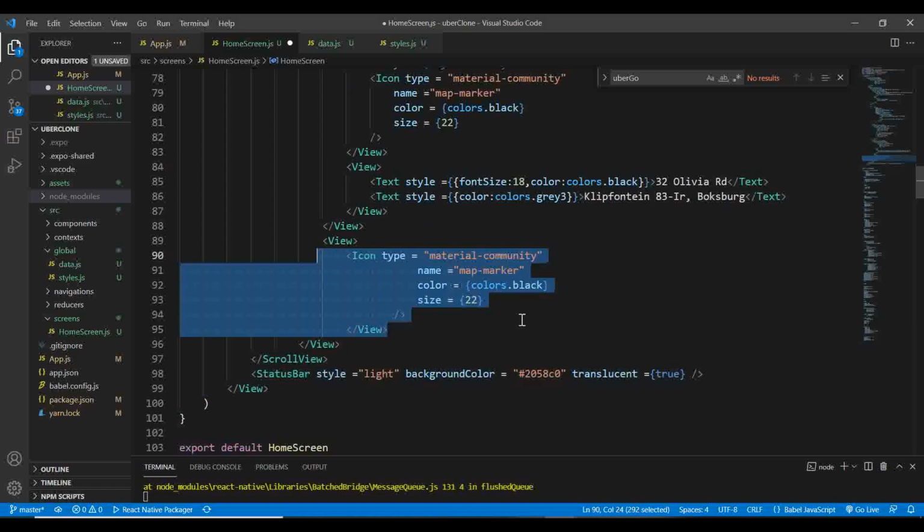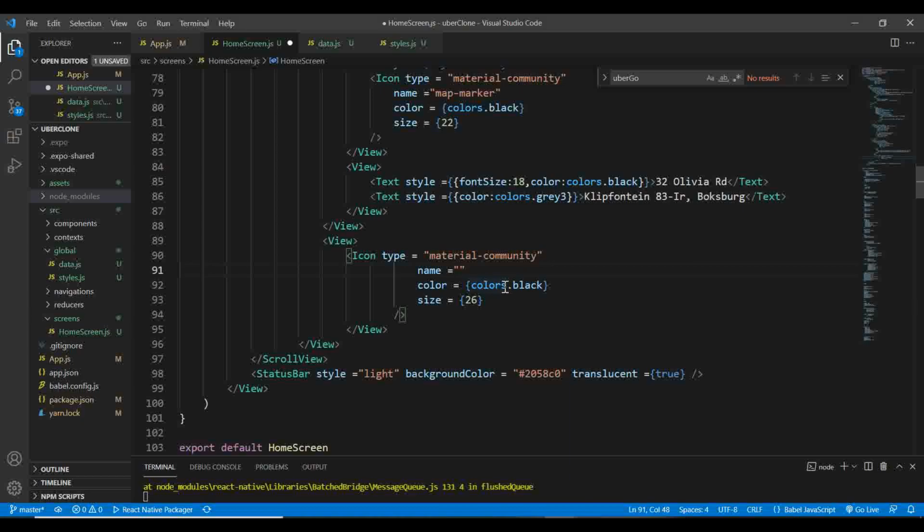An icon, and everything is going to be the same except the size, which we put 26, and the name we change it to chevron. Alright, and the color also we change it to gray. Like that. Okay,